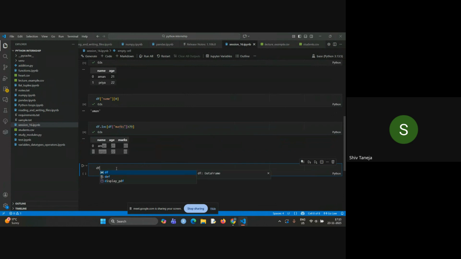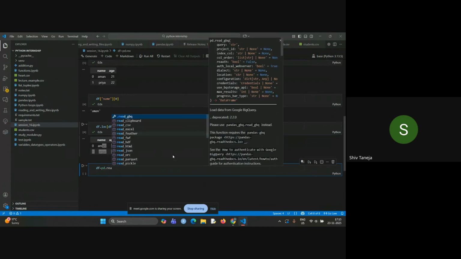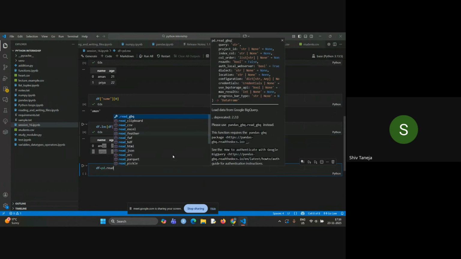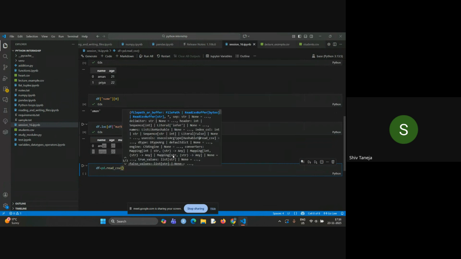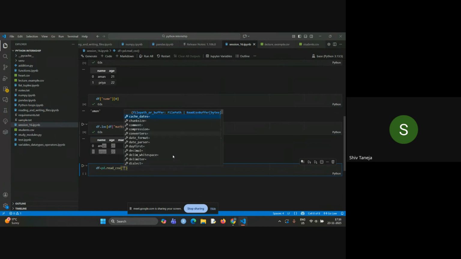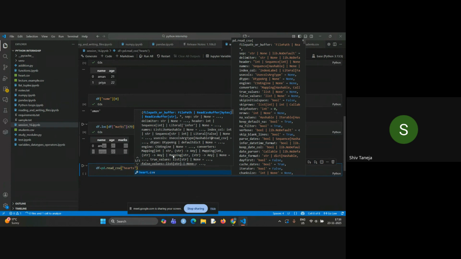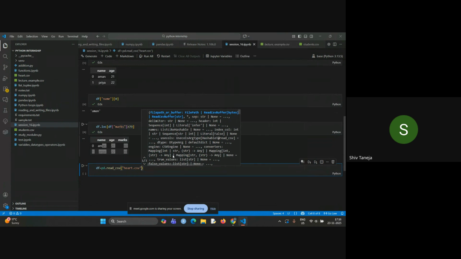This time I will use this hearts CSV. Okay, so pd.read_csv, hearts.csv. Okay,